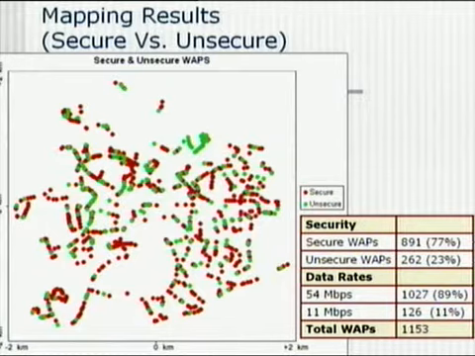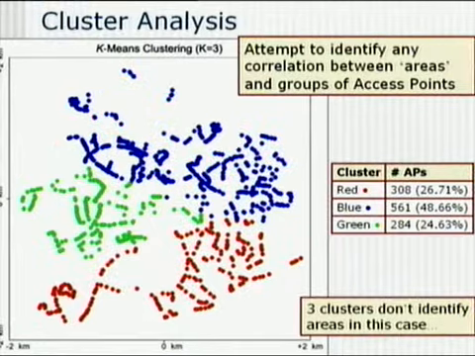So what we did was we ran the k-means algorithm on the data that we had. Again, very straightforward because it's in Cartesian space. So we ran the k-means across it. Now, one of the limitations of the k-means algorithm, of course, is that you have to tell it how many clusters you want to look for. And again, that can be somewhat restrictive. But we tried several iterations, and the best combinations that we came up with were 3 and 4